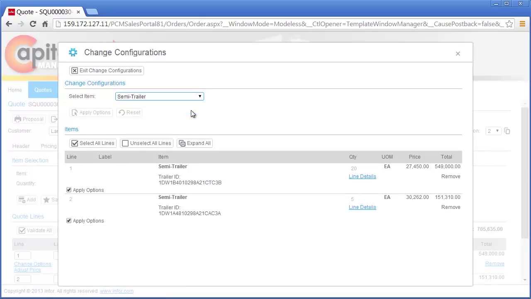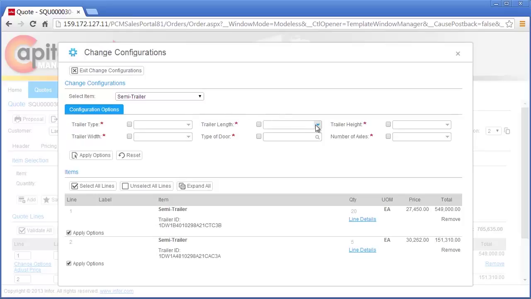Landscape Trucking has requested a specification change to the trailer length and number of axles. The specifications now call for all trailers on the request for quote to be 48 feet in length with a dual axle. Previously, this type of change request would take several hours to process and would include pricing errors.